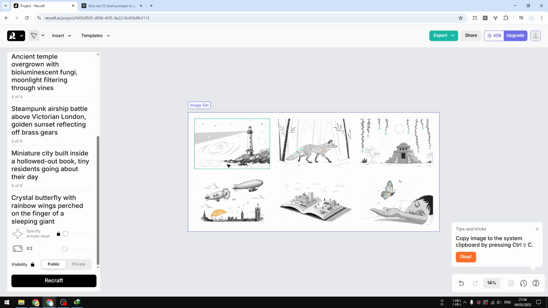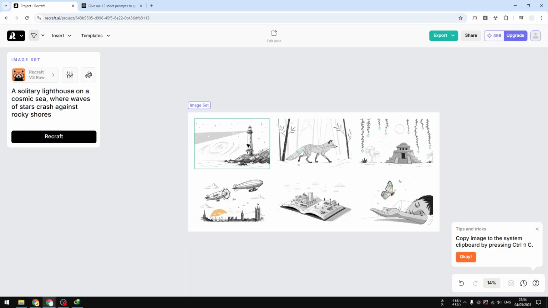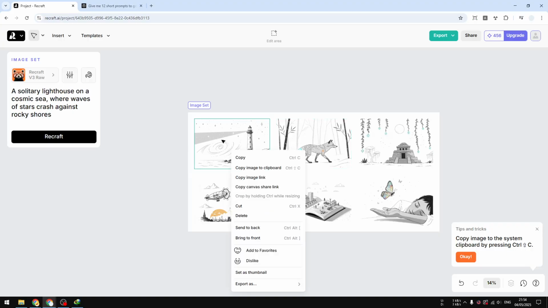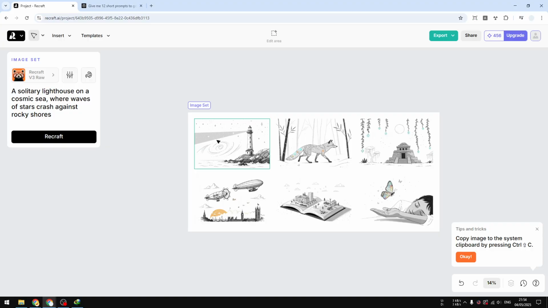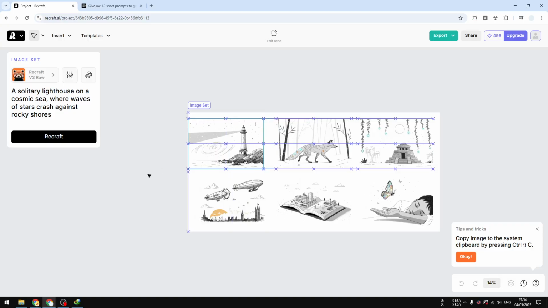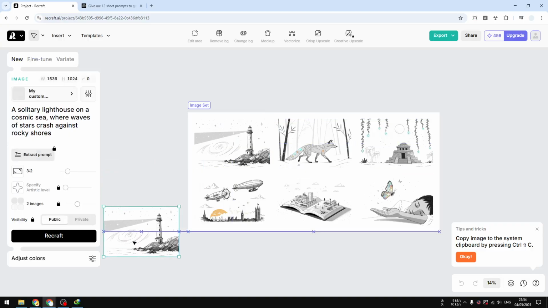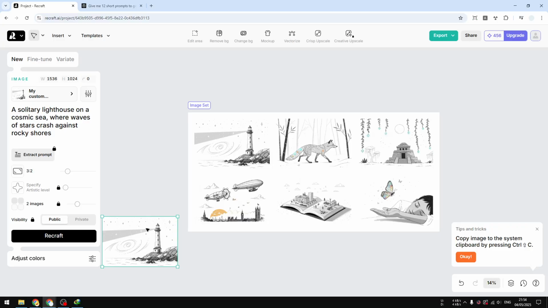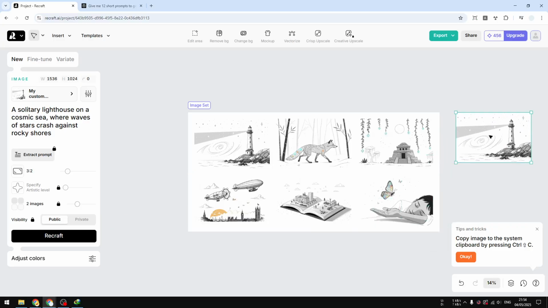For some reason they do have the same style, maybe because of the prompt that I'm using, but they do look quite amazing. And you can click on each image and then you can download the image and do some editing with it. But if you want to separate the image from the set, you can click and then drag it somewhere outside of the image set area, and then you can use it to modify the picture,